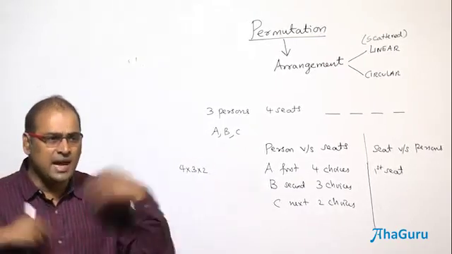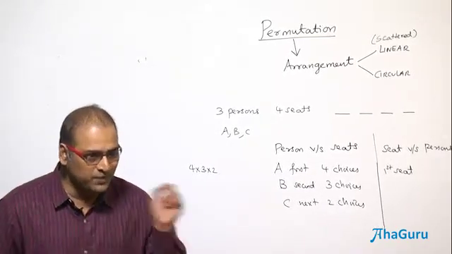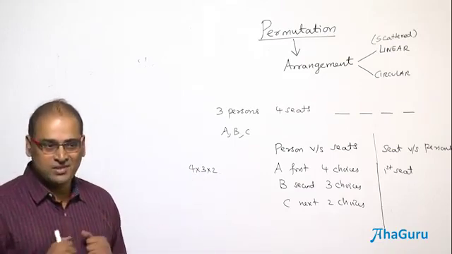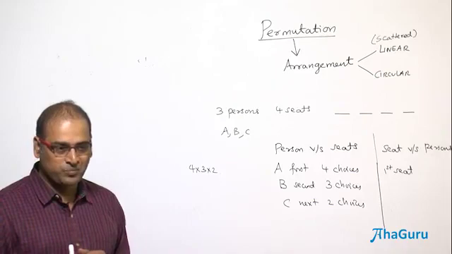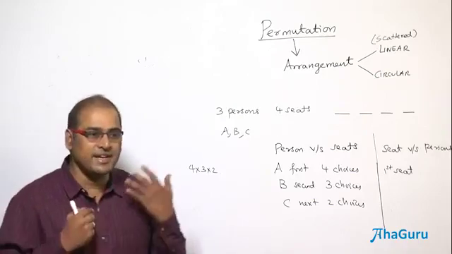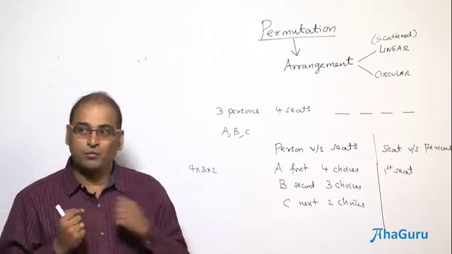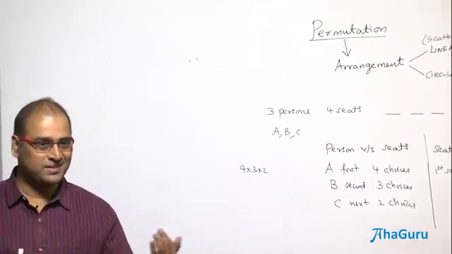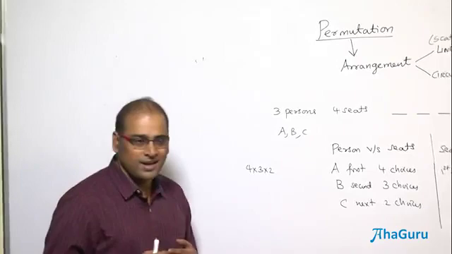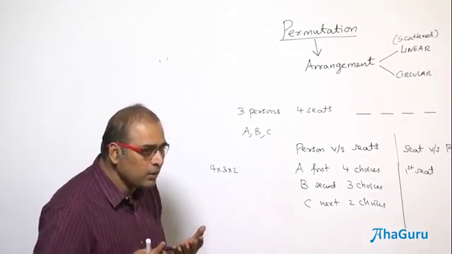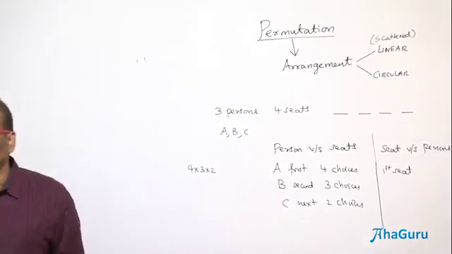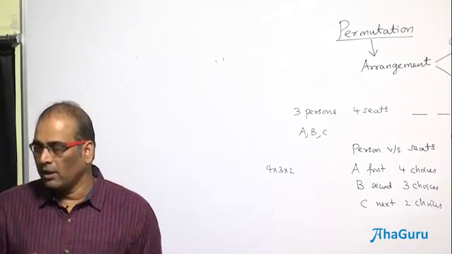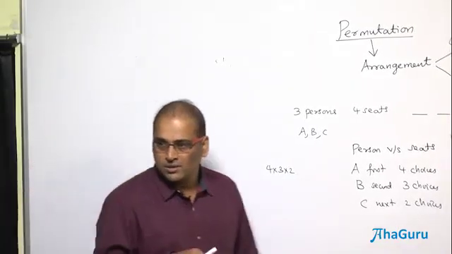That means what is the general rule? In the last case, we are able to do that both ways, 4 persons, 4 seats. But now we are not able to do. Where is the catch then? If I say m persons and n seats, which one will you do? Person versus seats or seats versus persons? Depends on which one is smaller. Which one is smaller? Are you able to understand? Because smaller means you have an assurance.